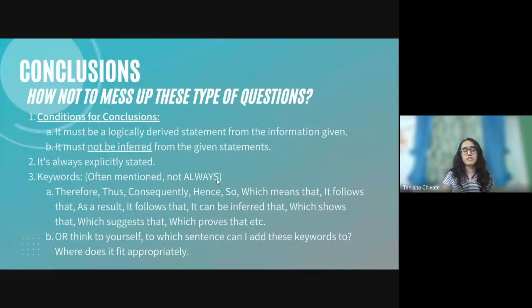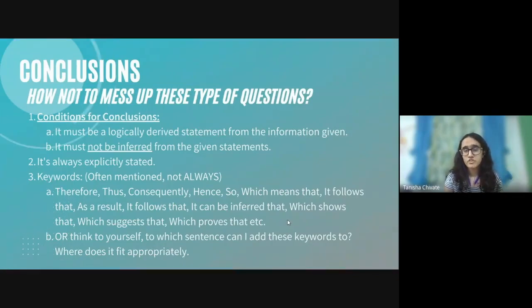Now, again, how do you not mess up these types of questions? There are two main conditions for a conclusion. One, it has to be logically derived from the information given. Two, it must not be inferred. All right. When I mean inferred, again, it's not reading between the lines. It's the next logical step. It's the main purpose of the passage. Conclusions are always explicitly stated, and that's why I'm going to give you a list of keywords over here. Therefore, thus, consequently, hence, which shows that, which suggests that, all of these are keywords often used to signal a